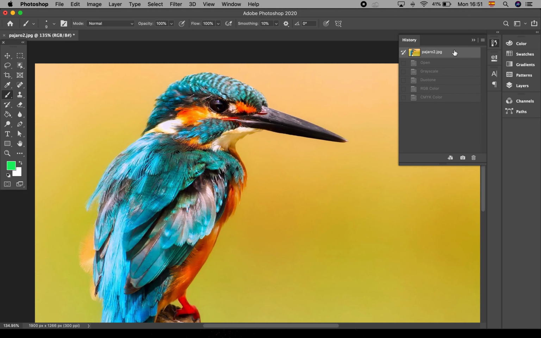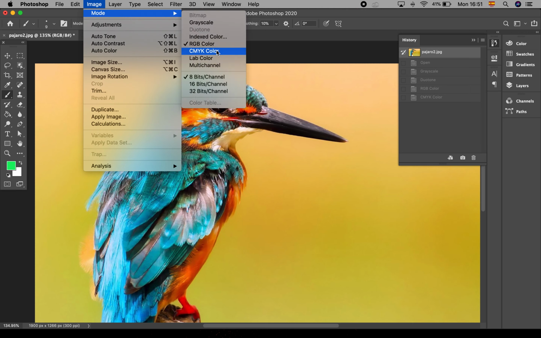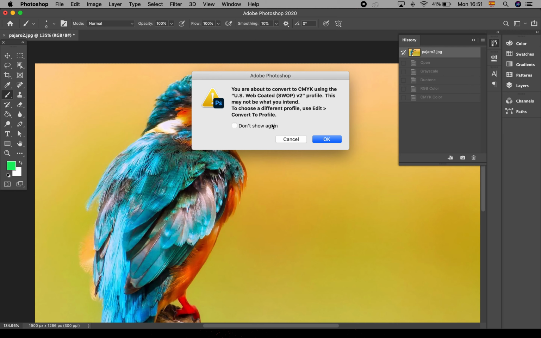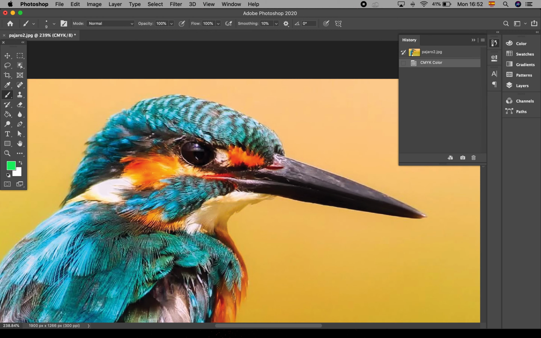Now let's go to the top. If I want to print this one in a magazine in high resolution, what am I going to do? I have to be sure that the colors are already the way I like. I'm going to the top menu, select mode, cyan, magenta, yellow, and black. I'm going to select OK. And you're going to find out, for example, that the colors change a little bit. When you have your eye already trained, you're able to see the difference. But for now,